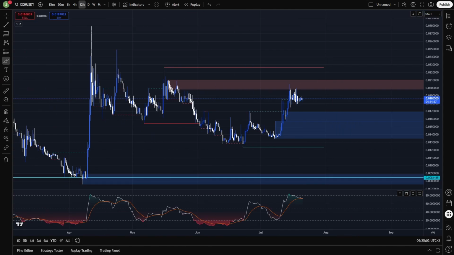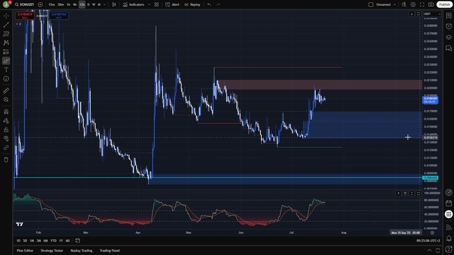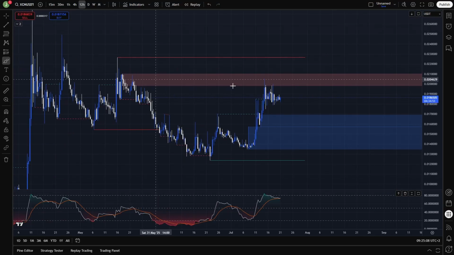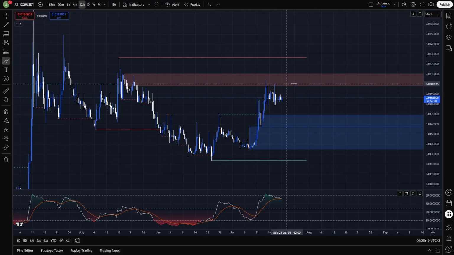Let's start today on a 12-hour chart. Here we are still under this important bearish order block, which is between level 0.02102 and 0.01989. And to open here a long position, I am still waiting here for a breakout and then support confirmation